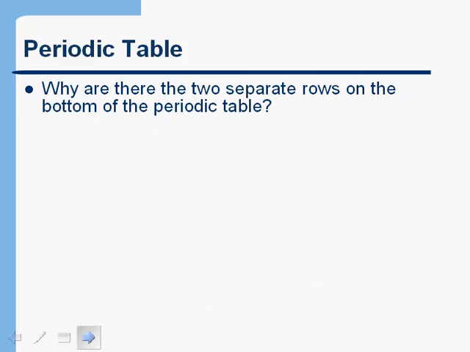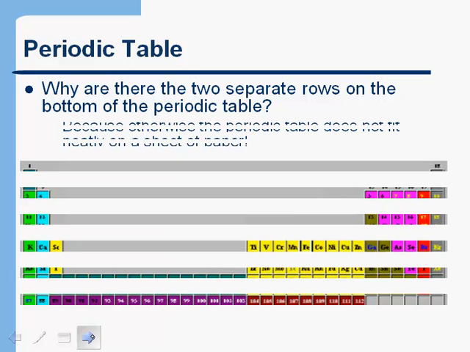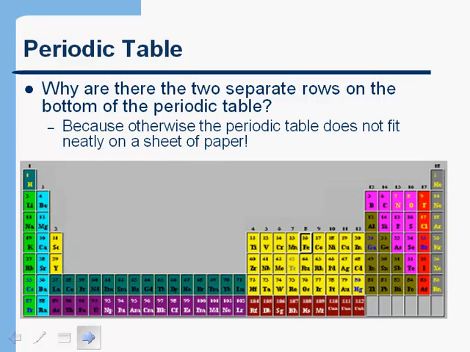One question that I always had when I was first learning some of the elements of chemistry is this one. Why are there two separate rows on the bottom of the periodic table? As we just saw in the last couple slides. And the answer for that is really kind of simple, and that is it's simply because the periodic table would not neatly fit on an 8.5 by 11 sheet